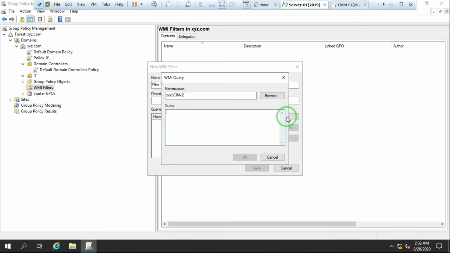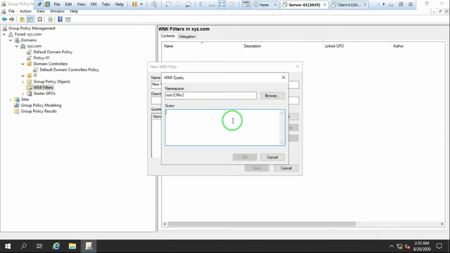Click on add and define the query over there. So it's a WMI query we need, so we need to know the WMI query language, and then we can define the query.